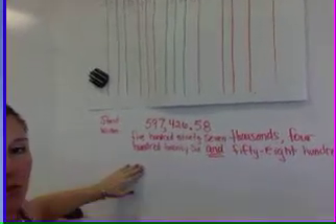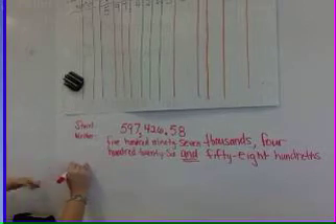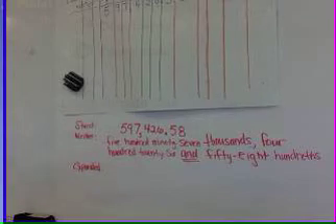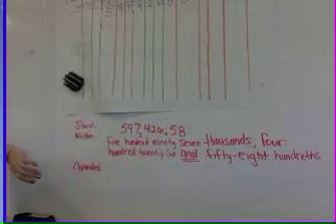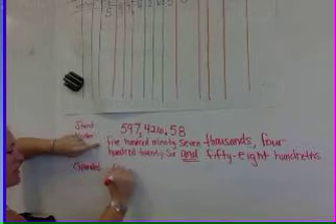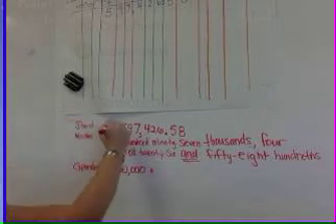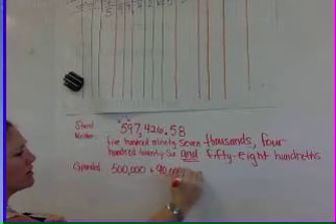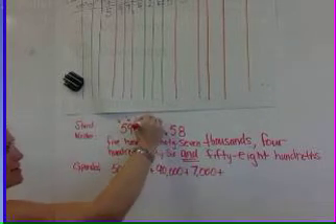So you've got my standard form, my written form, and then the last little bit that I have is my expanded form. When we do expanded form, and we'll do more of this tomorrow, we're just putting in the zeros as the placeholders up there. So we start with 597,000. We start with 500,000, which looks like this, 500,000 plus, I need to add, so we started with 500,000, now I'm on 90,000, plus 90,000, plus 7,000, plus